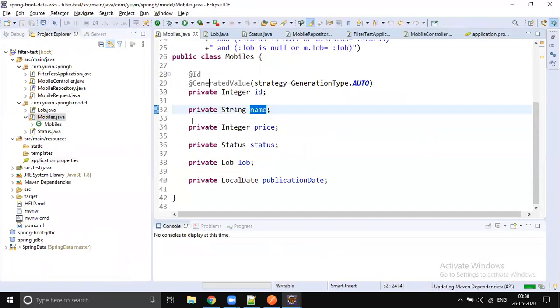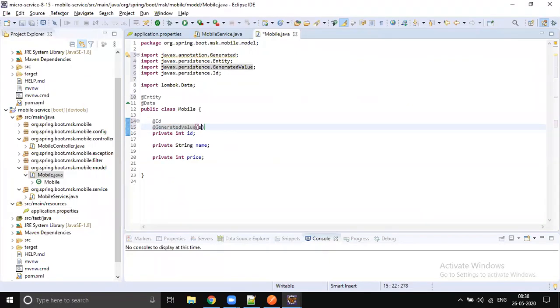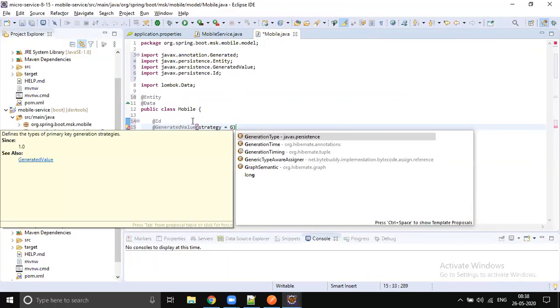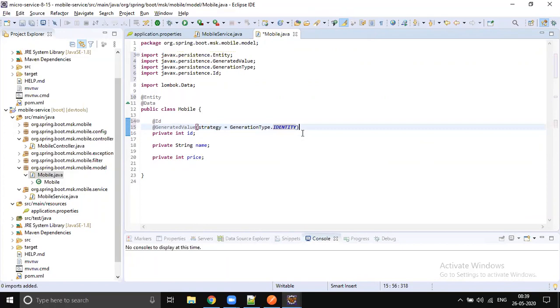It's @GeneratedValue, sorry, not @Generated. And some strategy on how to use. For this, you must specify GenerationType.IDENTITY, right? Because this is for MySQL, identity is supported by MySQL. So the ID will be automatically generated by the database. In the database, we call that auto increment. So in MySQL, we call that auto increment.